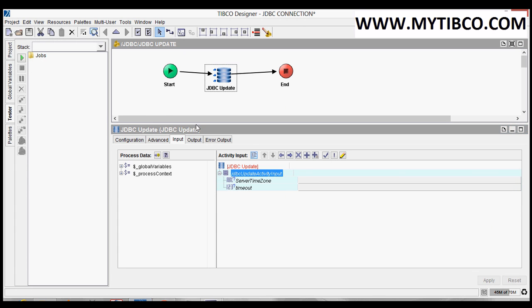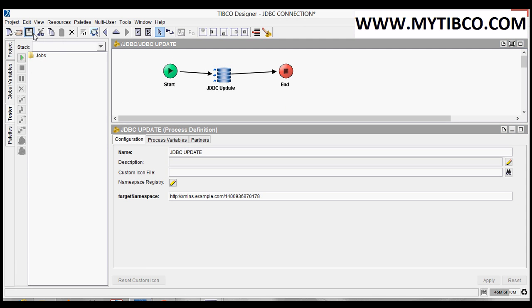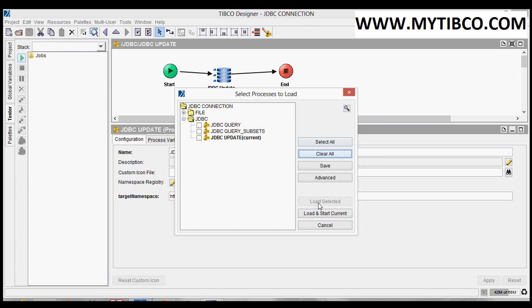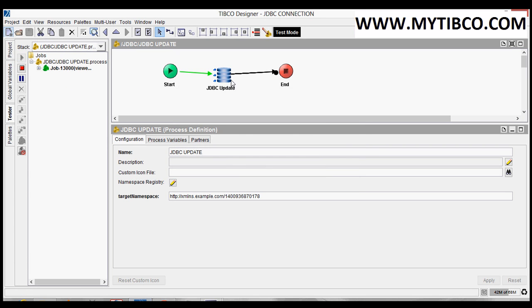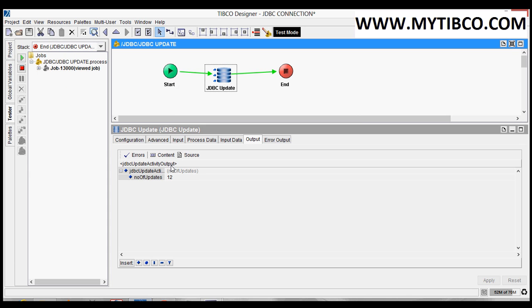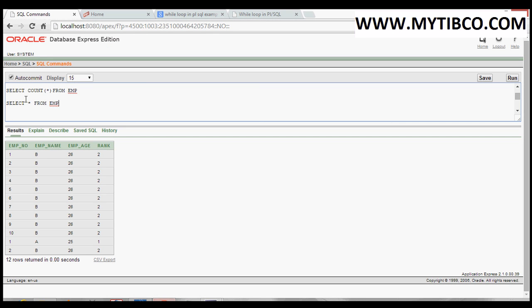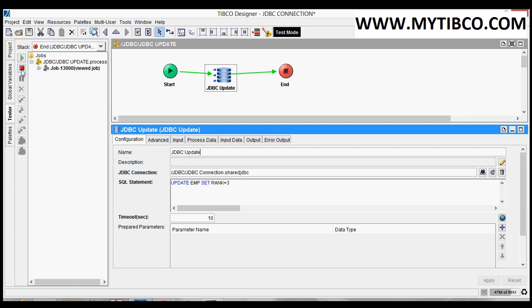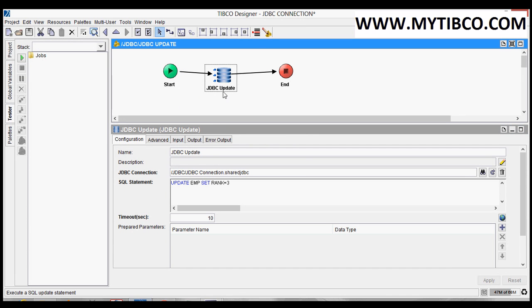Click on apply, save this project. Now observe, 12 records are updated with rank 3. Let us see whether data is updated or not. You can observe the rank is updated with value 3. So by using JDBC update, we can do operations like update, delete and insert.